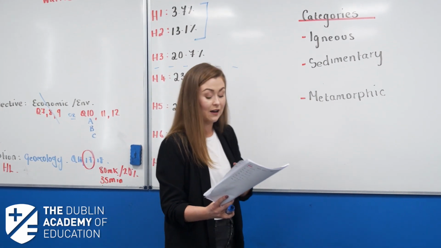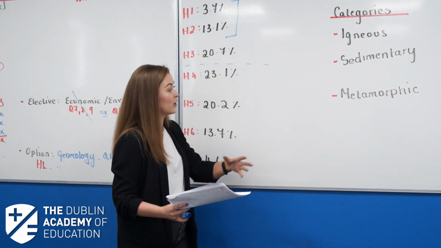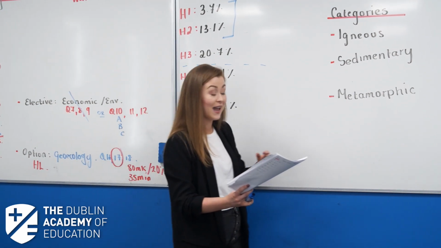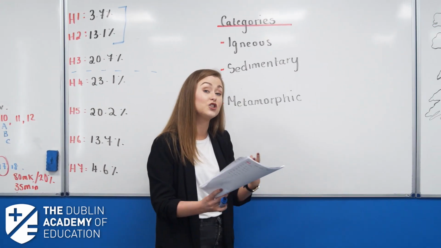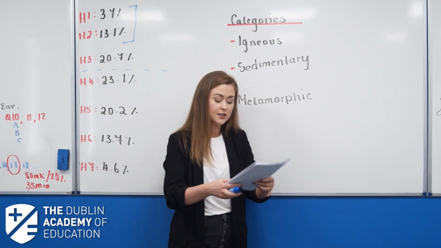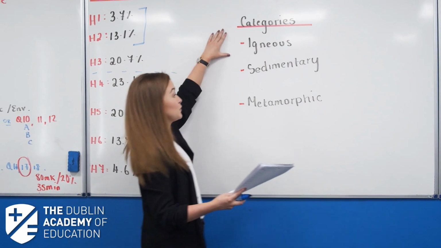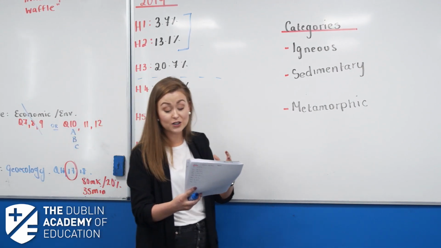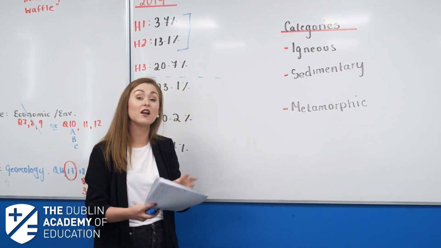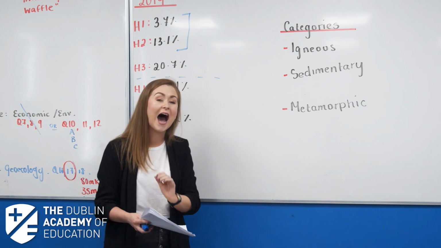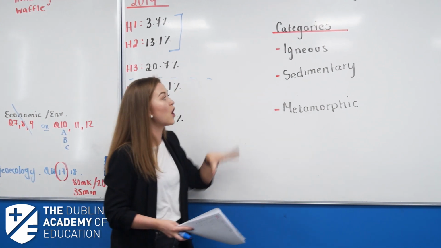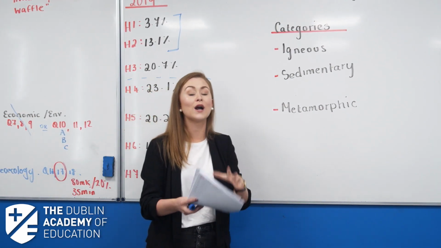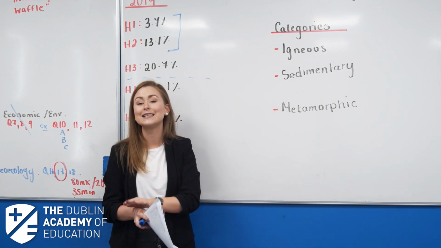You have figure 1, have a look at it there. So let's look at our group, our table on the bottom of the page. This has been asked a couple of times in short questions. So here you have your groups. You have your first one, your igneous rock. They're formed when hot molten volcanic material, highlight the words, cools and solidifies. So your igneous rocks are formed when magma or lava cools and solidifies.